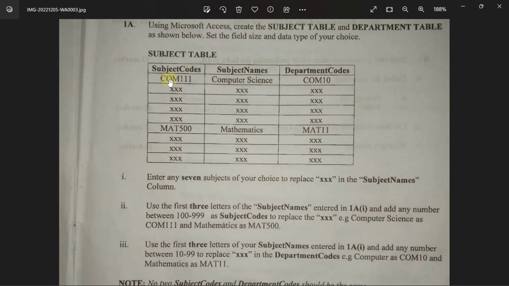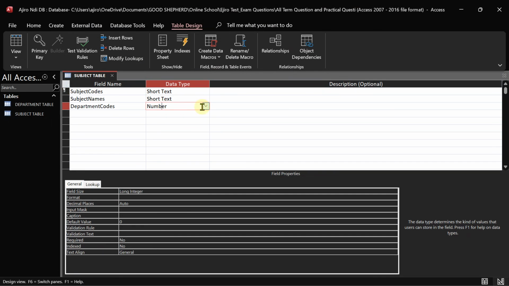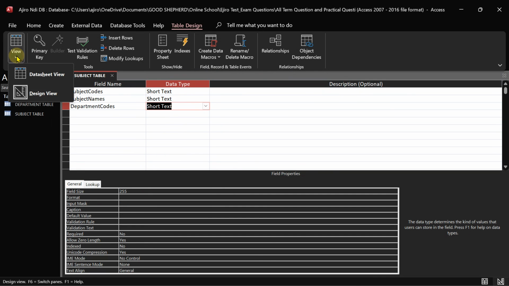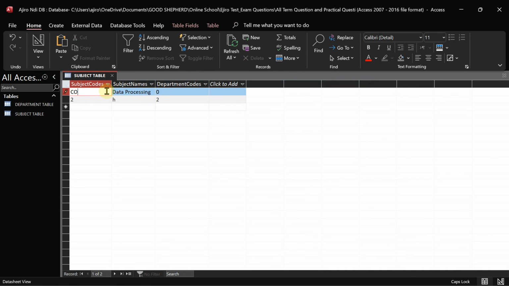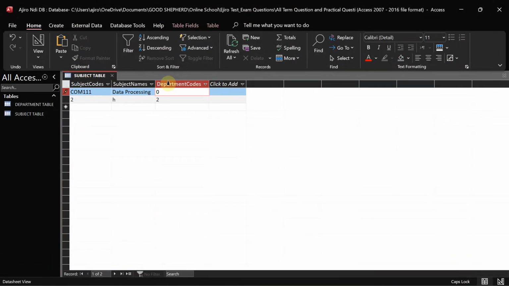Okay, so we have COM. I see an alphabet and a number, an alphabet and a number. So I'm quickly going to adjust this also to short text. Okay, all right. So I switch it and save. Data sheet view. Now I can put my COM111, and in the department code I can change it to COM10. And here I can put computer science, computer studies rather,